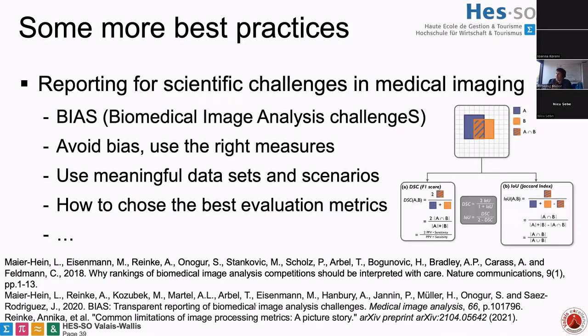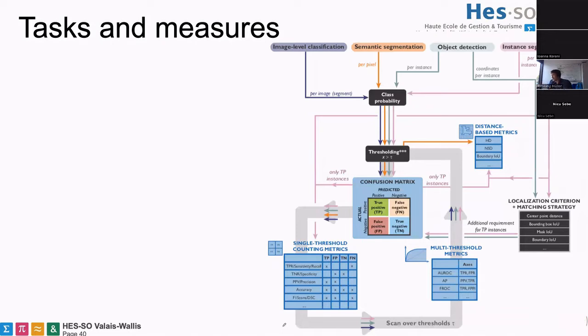And there's a lot of work in optimizing scientific challenges in medical imaging. There's an initiative called BIAS to really document everything that you need. There are a couple of tools on what the problems with metrics are. We developed, and this is available on arXiv, a classification of what metrics to use when and also why, and what the limitations and shortcomings of specific metrics are under specific conditions. And you can actually optimize depending on the metric that is used. If you use, I don't know, Dice score for segmentation, it's better to over-segment than to under-segment if you want to have a good performance. And all these kinds of things, at least make them visible,